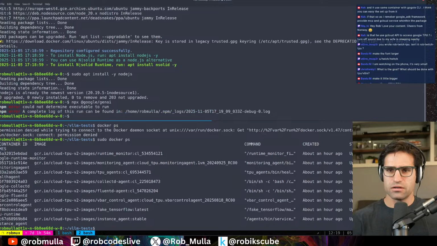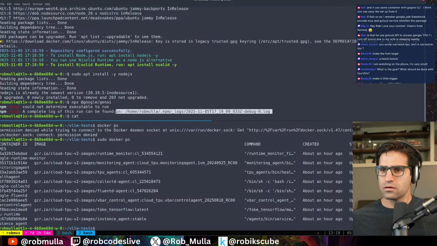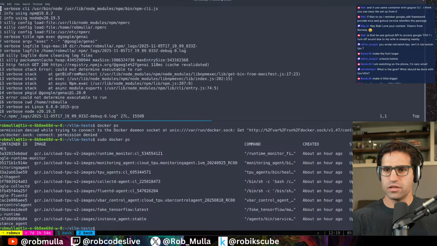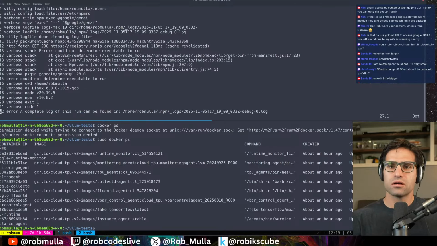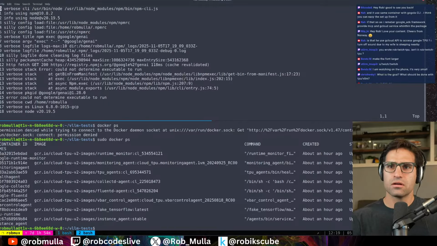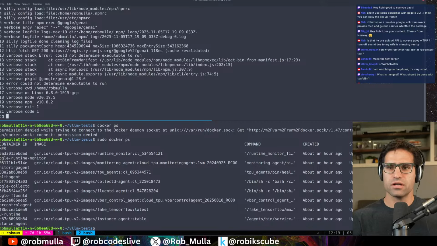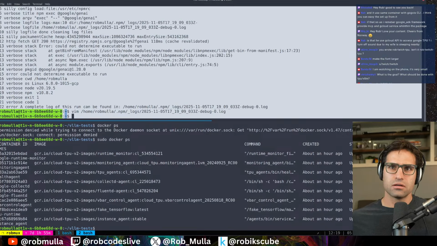See if npx works here now. Let's cat this log. What is this log? Or just vim into it. Or could not determine executable to run. Let's show this. And here,